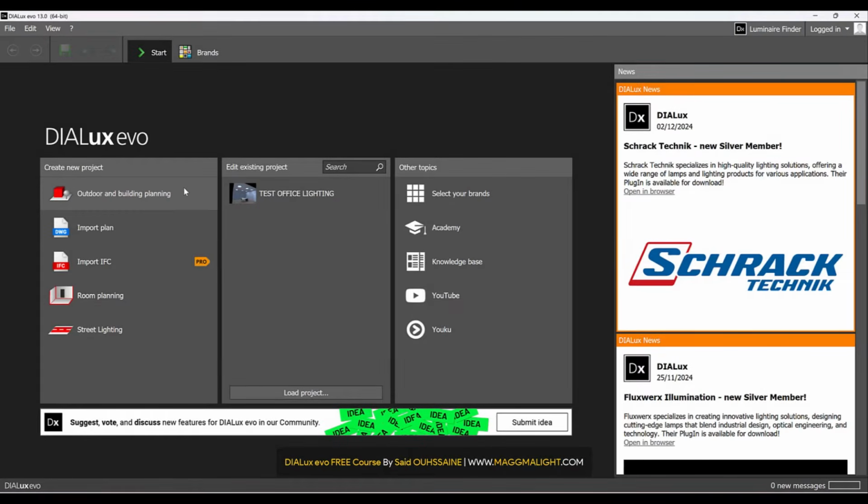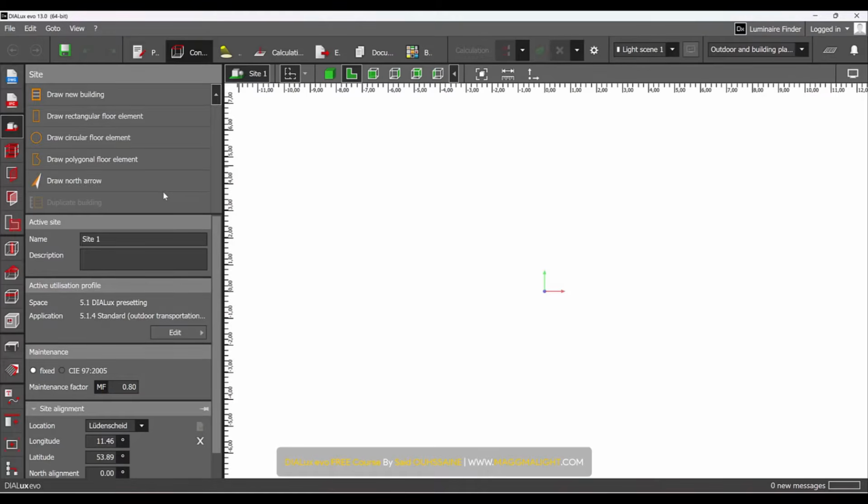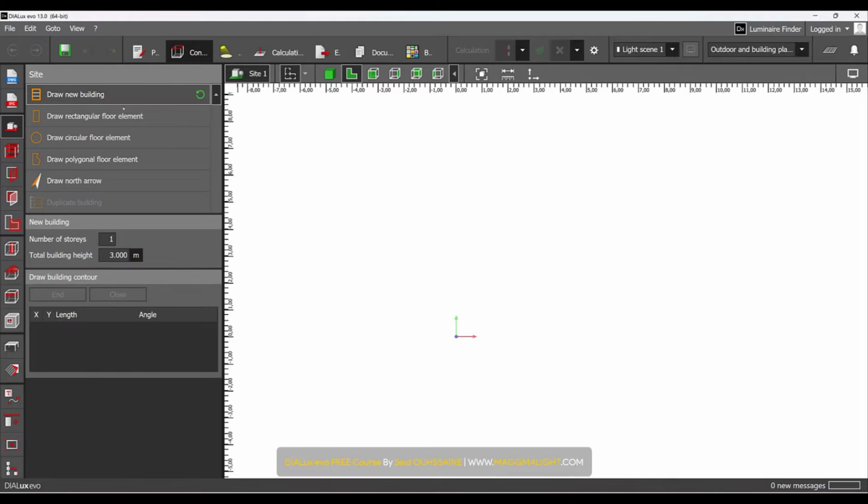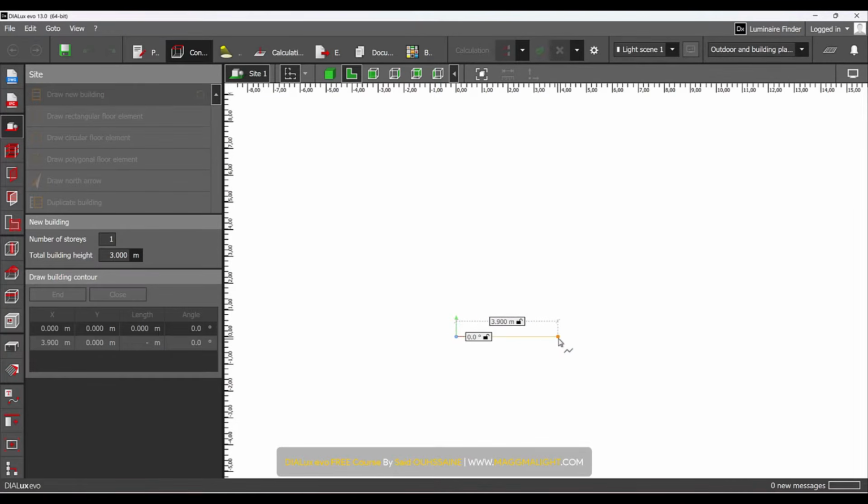Outdoor and building planning is used for complex projects that have more than one room and that don't have a plan. The process is the same or almost the same, but this time you'll have to draw your buildings, stories, and all that manually. You don't have a plan, so you'll have to make everything on your own. For example, if I click on draw new building, I start here with my building,